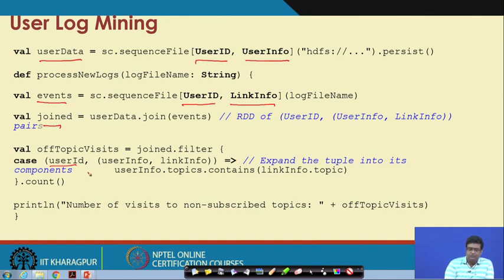So, you know which user has visited which link in one table, and now what you want is to filter on user info topics and link info topics. The topics in user info give the topics that the user is interested in, and similarly the topics in link info give the topics the link pertains to.